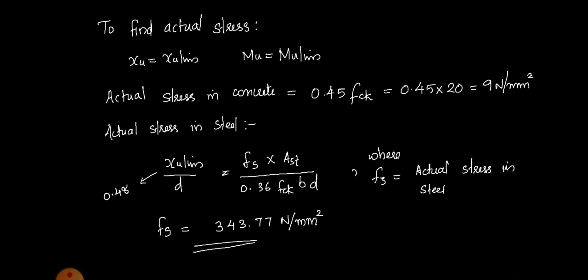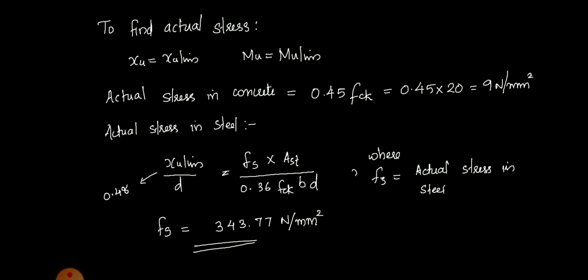Next, the first part of the question is to determine the actual stress. Since it is an over reinforced section, first the concrete will reach its design stress, then the structure will fail. Okay, so the stress in concrete is equal to the design stress. What is the design stress in concrete? It is equal to 0.45 fck and you will obtain the value as 9 Newton per mm square. But in the case of steel, it won't be reaching its design stress, that is 0.87 fy. Before that it will break and the structure will fail.